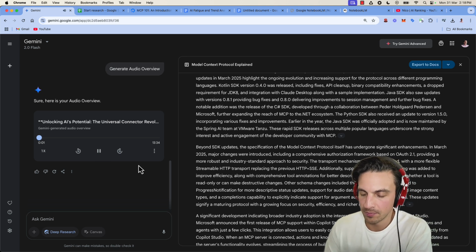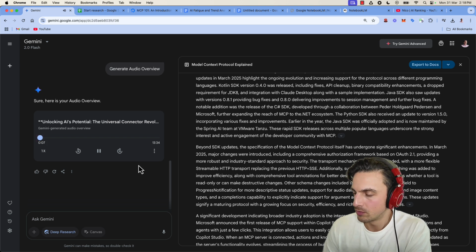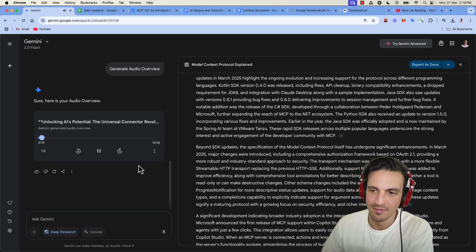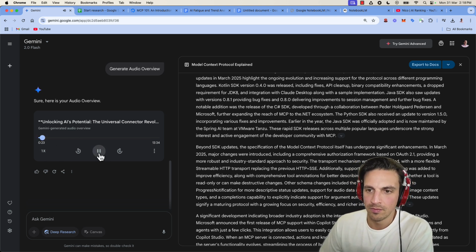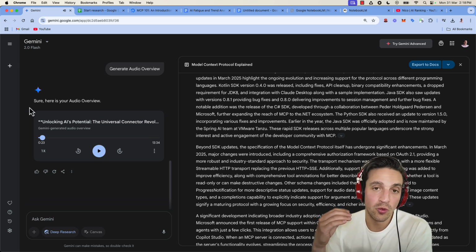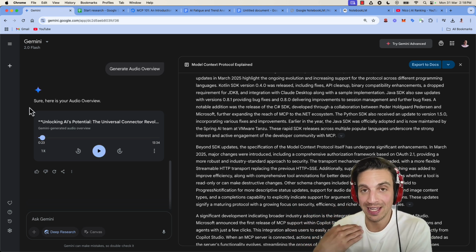Okay, so for this deep dive, we're going to be taking a look at something called the Model Context Protocol. MCP. MCP, yeah. And so this is all about basically making it way easier for AI models to connect to all the stuff that we use every day. Right, like all your data. Like all your data. All your tools. So that the information